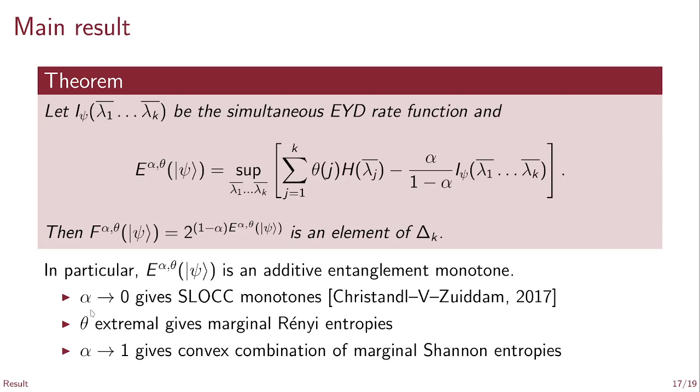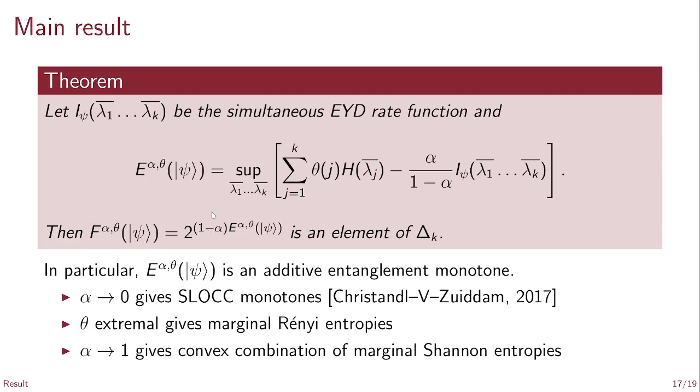And in certain limits, we recover the previously known elements in the spectrum, as I promised. So when alpha goes to 0, we get the SLOCC monotones introduced in an earlier paper. When theta is chosen to be an extremal point, so that means one of the thetas is equal to 1 and the other ones are 0, then what we get are the marginal Rényi entropies as alpha goes from 0 to 1. And finally, if alpha goes to 1, then, in the exponentiated form, we get the norm squared,